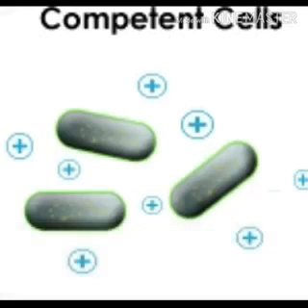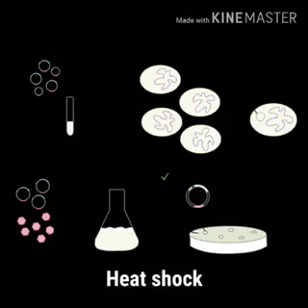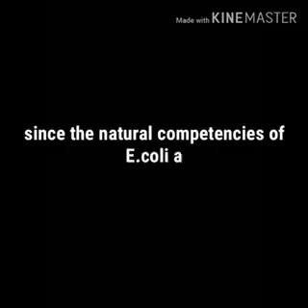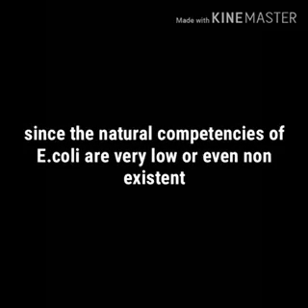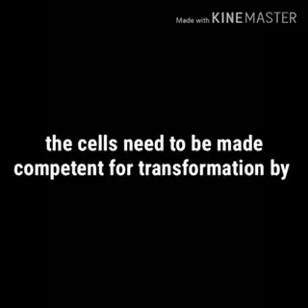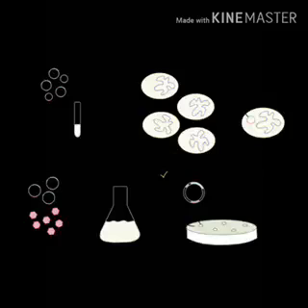The protocols for preparing competent cells vary by whether transformation is to be achieved via heat shock or electroporation. E. coli is the most common bacterial species used in the transformation step of a cloning workflow. Since the natural competency of E. coli is very low or even non-existent, the cells need to be made competent for transformation by heat shock or